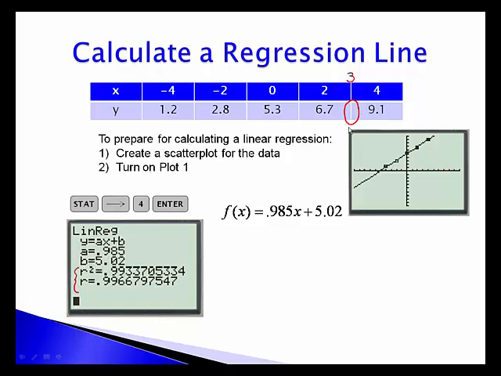Now, it's not sufficient to simply tell me to average 6.7 and 9.1. That's not the best data we can have. But what you could do would be tell me to calculate f of 3 using the regression line that you've just calculated. If you did that, you would get